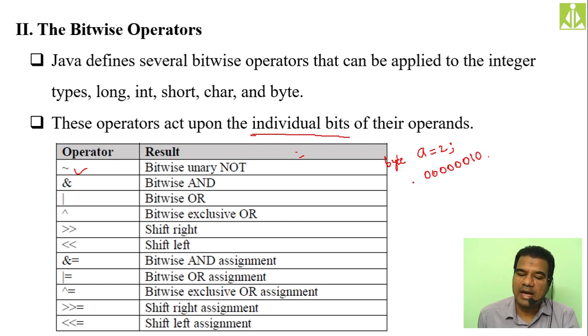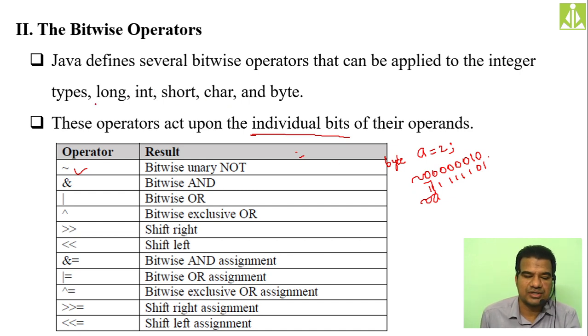So when you apply negation of a, what will happen? You are indirectly applying not on this entire thing. It will simply reverse all the bits. Wherever you have zeros, it will put 1, and wherever you have ones, it will put zeros. If you convert this value, it will be a negative value, because the last bit is considered the sign bit, and as the sign bit is becoming 1, this entire value will become a negative value. Hopefully you understood. In that way you will get the result of this bitwise operation.